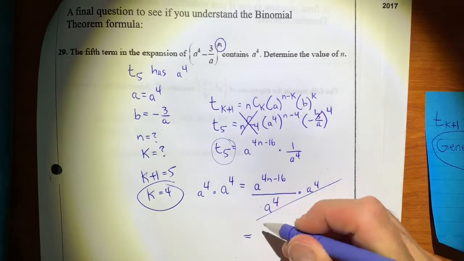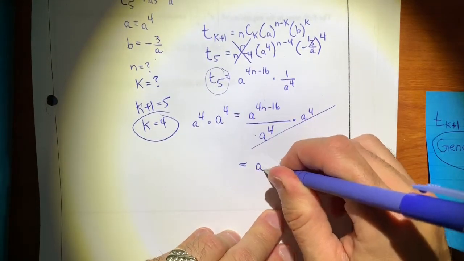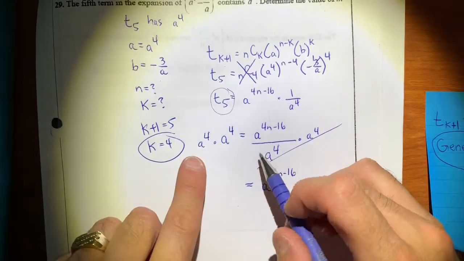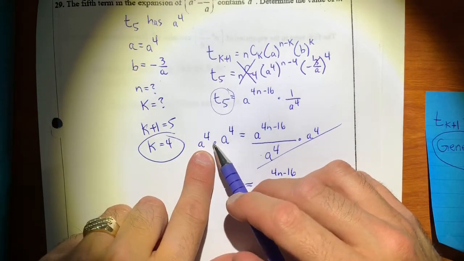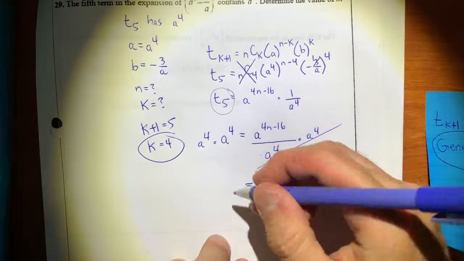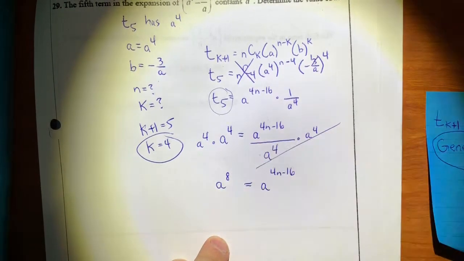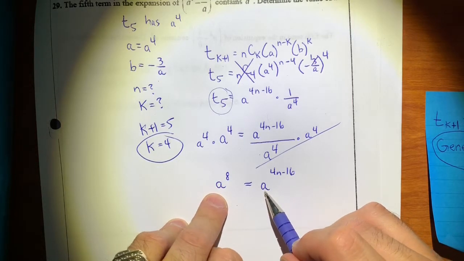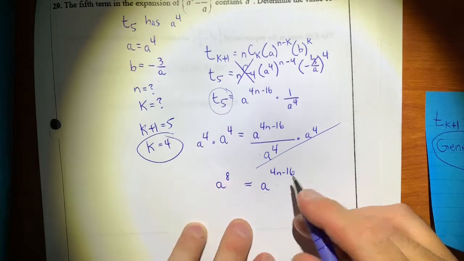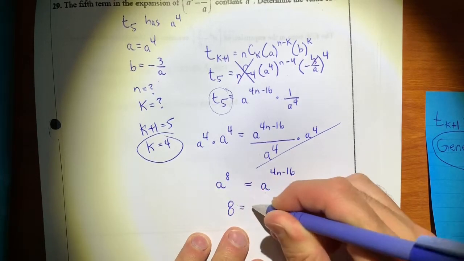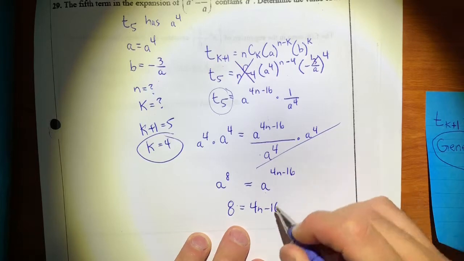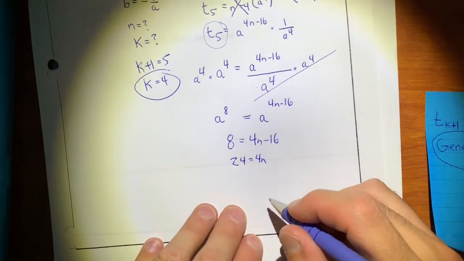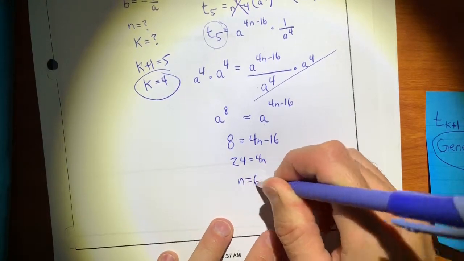That's gone. So on the right hand side, I just have a to the power of 4n minus 16. Now, don't go crazy. Grade 9, you learned when you have the same base and they're being multiplied, you add the exponents. There it is. And now you know from your logs unit, well, you got an equation with the same base, so the powers have to be equal. So you got 8 equals 4n minus 16. Add 16 to both sides. You get 24 equals 4n. Divide both sides by 4 and you get n equals 6. And wow,